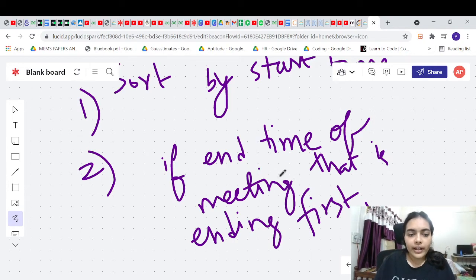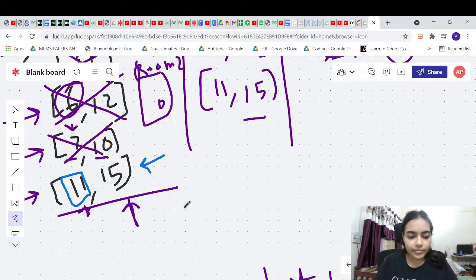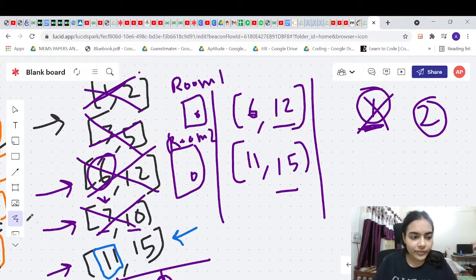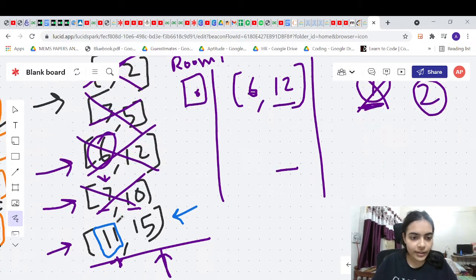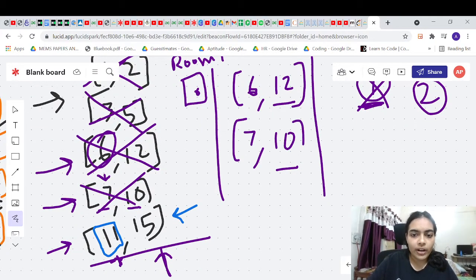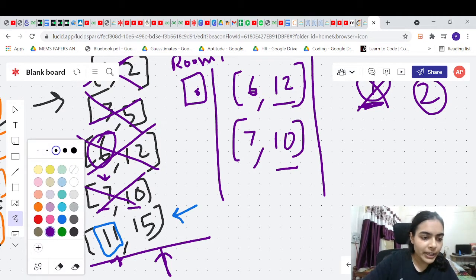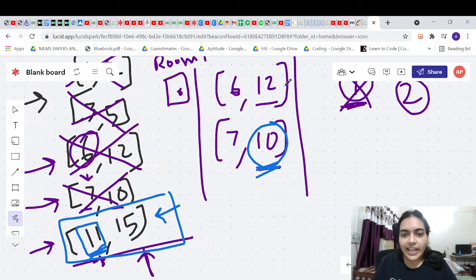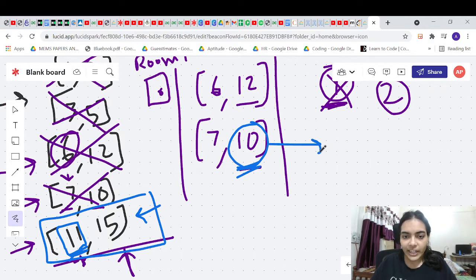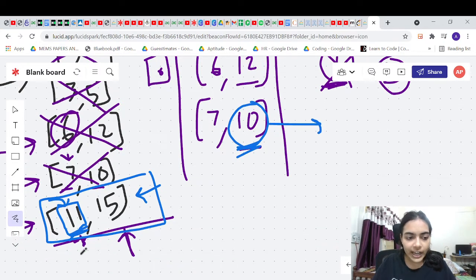Like for example, in this example, when we had the meeting 7:10 going on, we needed to accommodate our current meeting, which is 11:15. In this case we just compared 10 with 11. Now the meeting that is ending first in this case is this meeting, right? If this meeting is ending first and our current meeting is starting later, then we can use the same room, right?